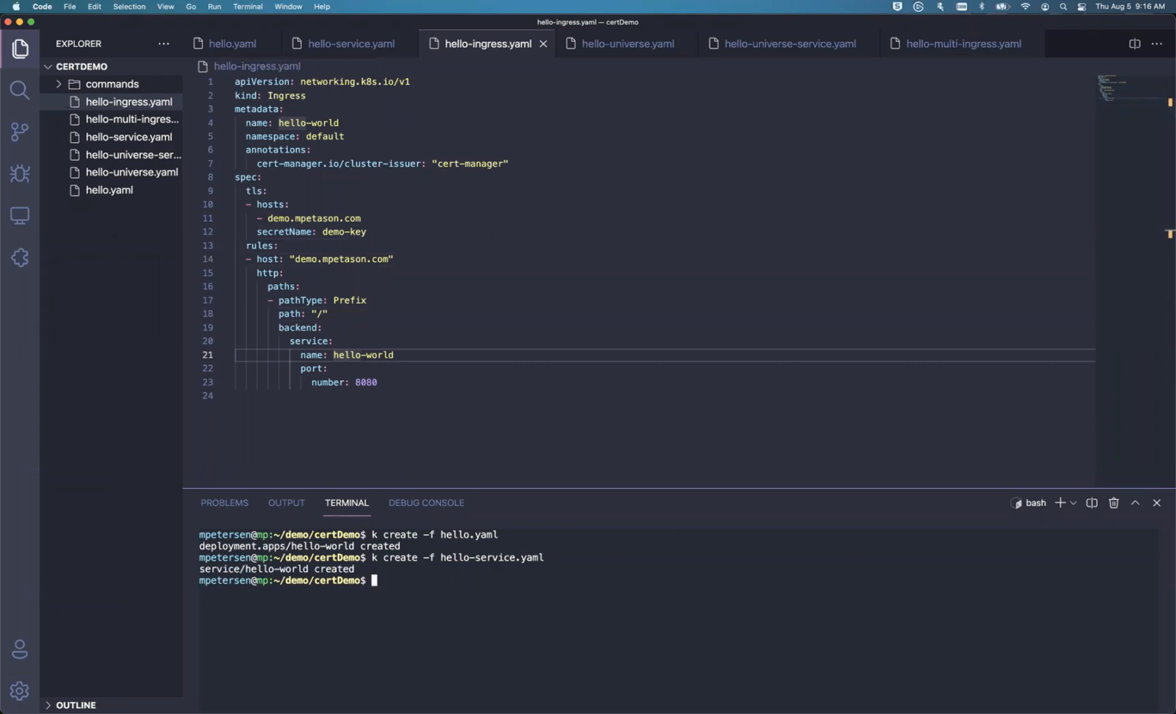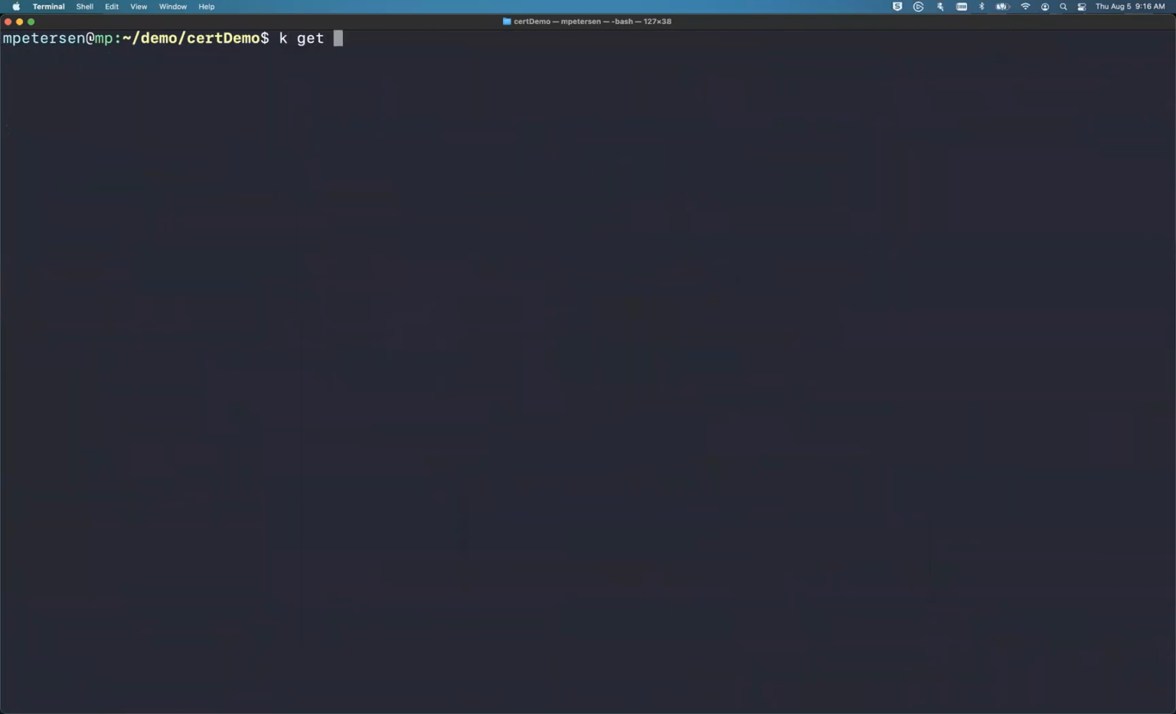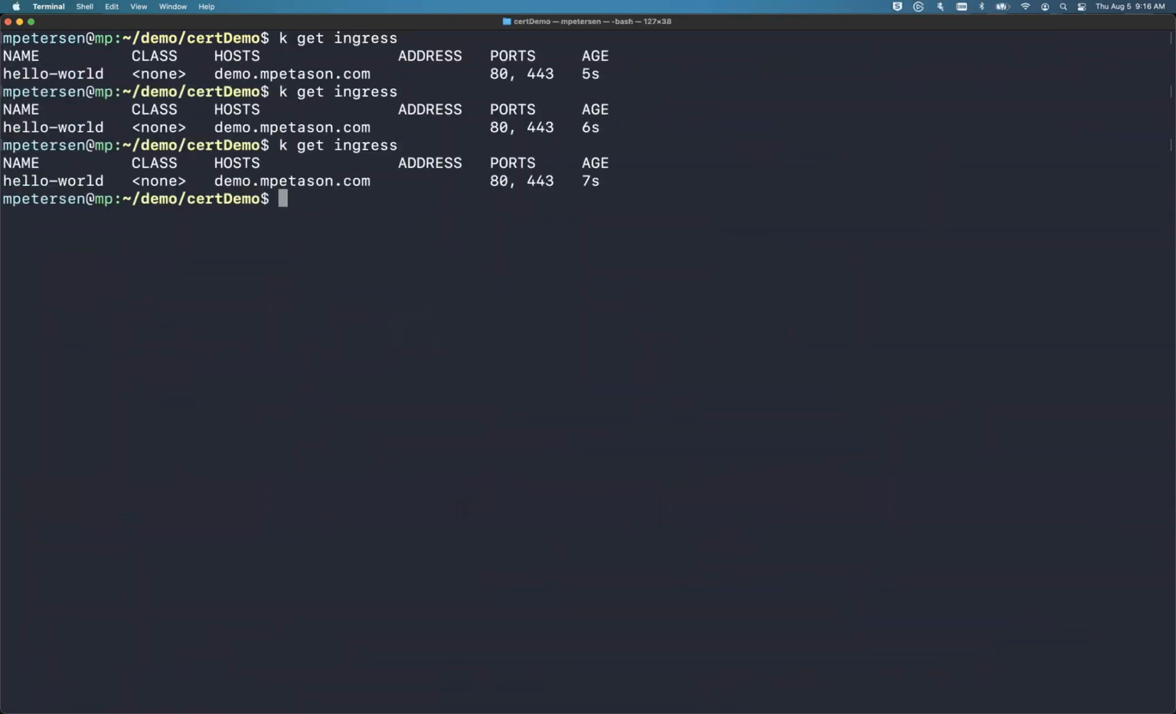Create the service. Which namespace are you putting all this into? It's all going in the default. So yeah, if I do a kubectl get ingress, if I'm fast enough, which I wasn't fast enough, you'll actually see